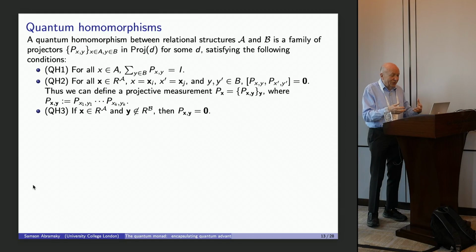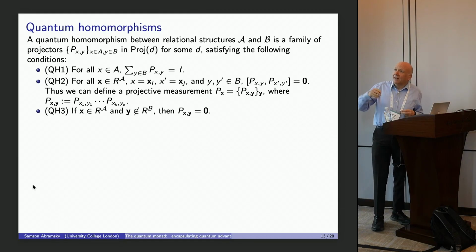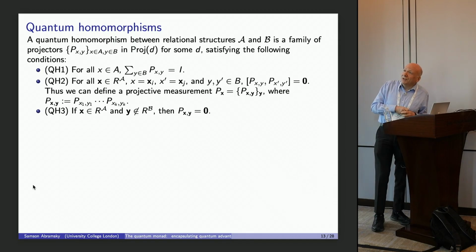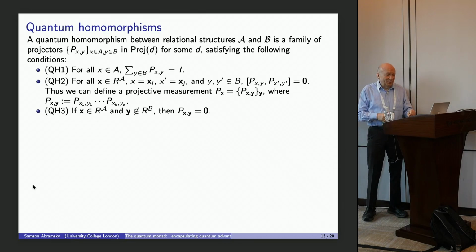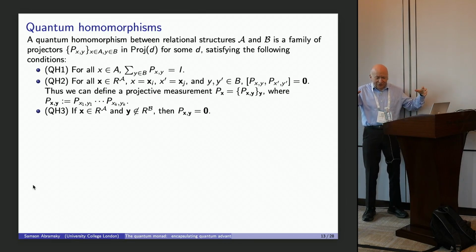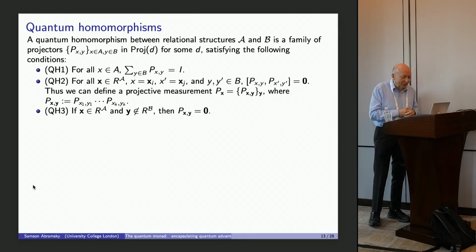This is the quantum element of it. This is where the quantum resources come in. So we get a family of projectors indexed by the elements of the input structure and the output structure. And the first condition says, for fixing each input, this is going to give us a resolution of the identity. So it's going to be a well-defined quantum measurement on the outcomes. So the outcomes will correspond to the possible outputs that we might give given a certain input from the input